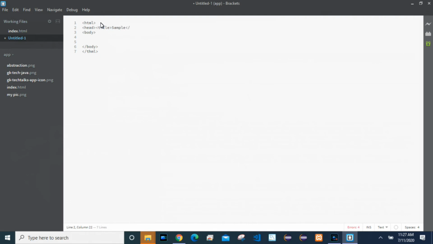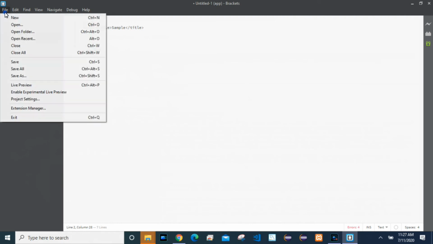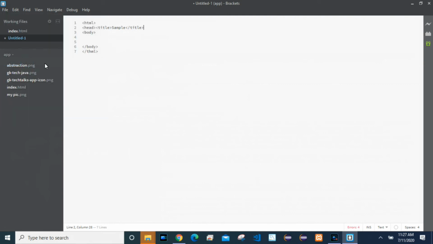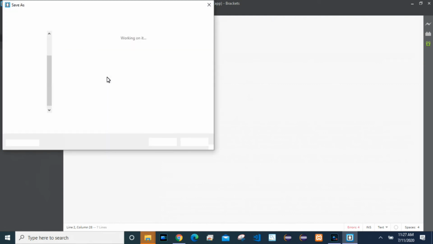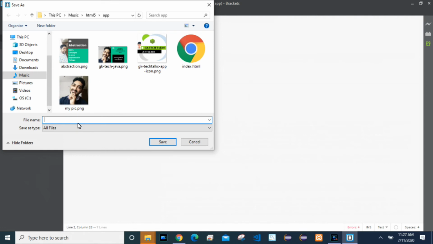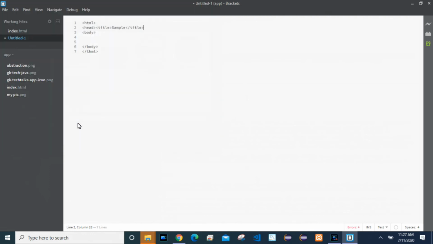It is just for our testing purpose. Okay, we need to save this file in the same folder so that we can directly give the file name and it will work. Sample.html. I have just given sample.html. Just save it. See, after saving with the .html extension, the color changed.